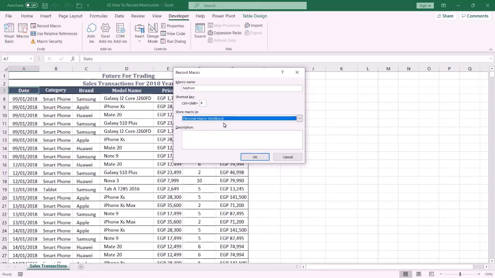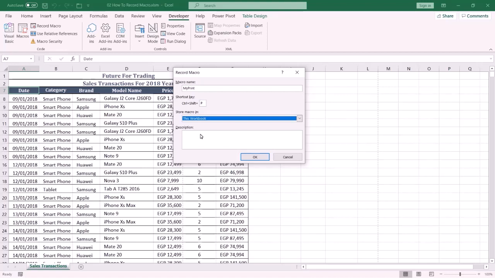If you want to create a new workbook, select New Workbook. And if you want to store your macro in the active workbook, select This Workbook. In this tutorial, I am going to use This Workbook.